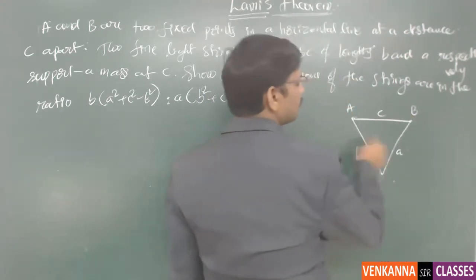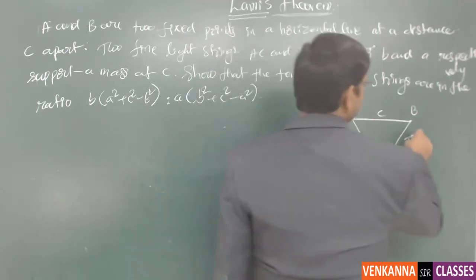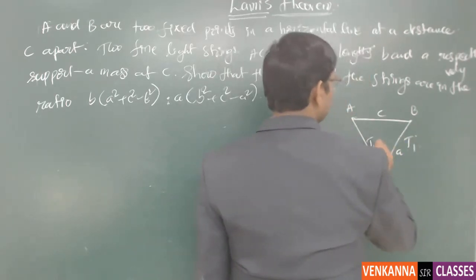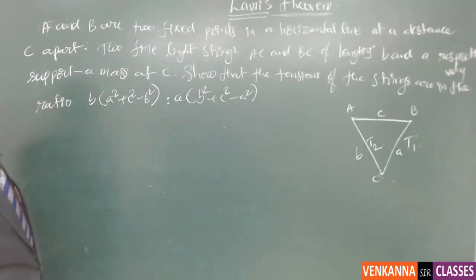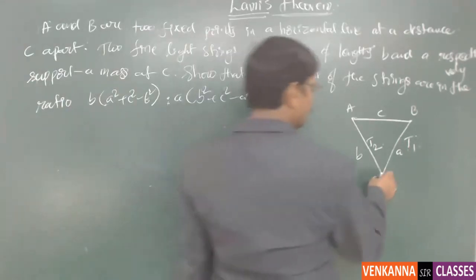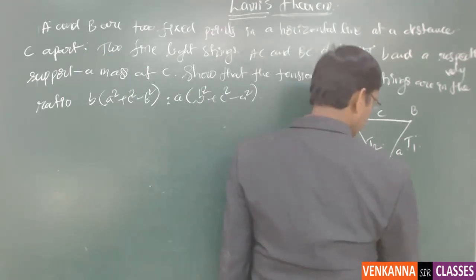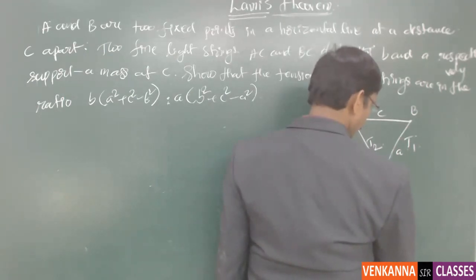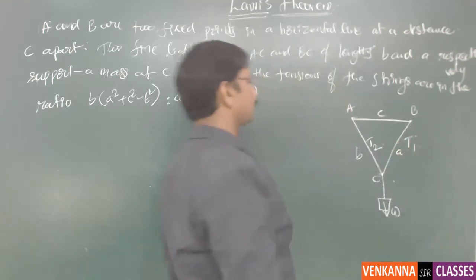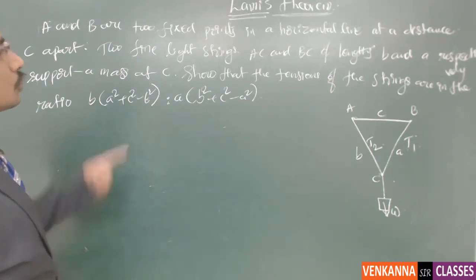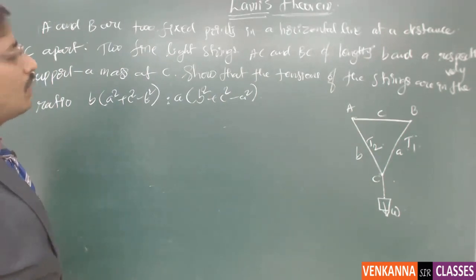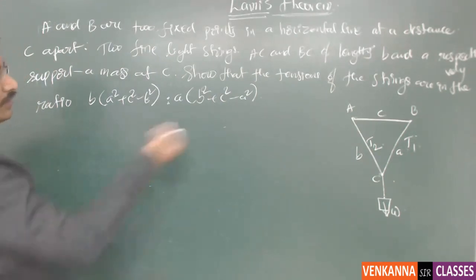This is one string and this is another string. The tension in one string is T1 and the tension in the other string is T2. They support a mass at C. There is a mass located at this particular point, with a weight of W. Show that the tensions of the strings are in the ratio T1 is to T2 equal to